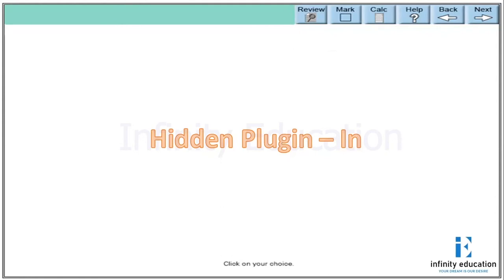In the previous plug-in types, there was a variable for which you could plug in, so that your equation became easier. But here in the hidden plug-in, sometimes no variables will be given, or you can plug in a good number for something for which the equation will become easier. Now let's see with some questions.